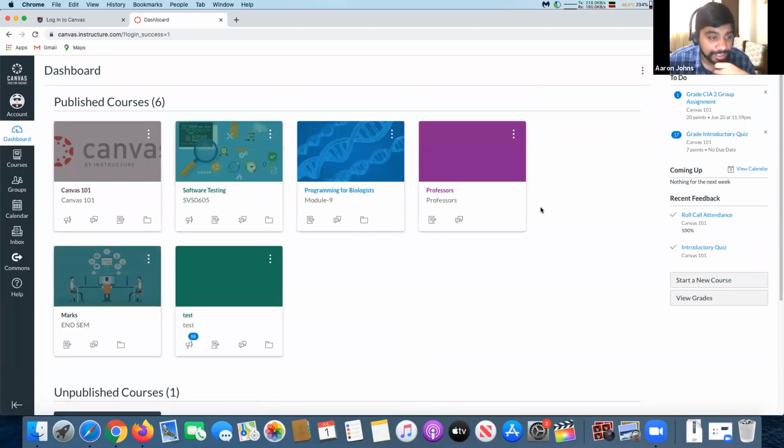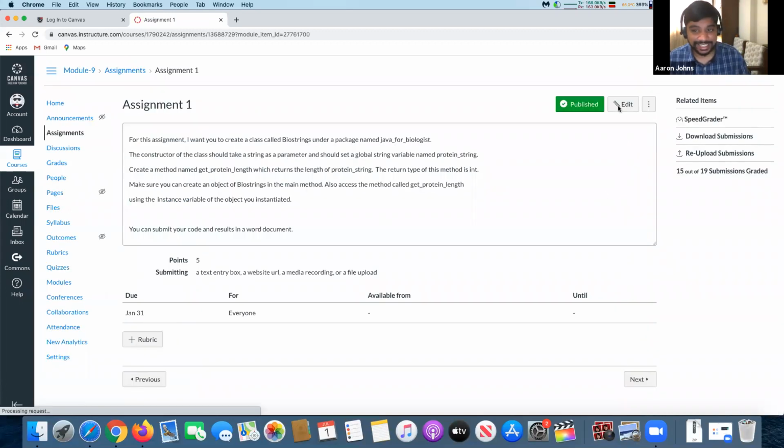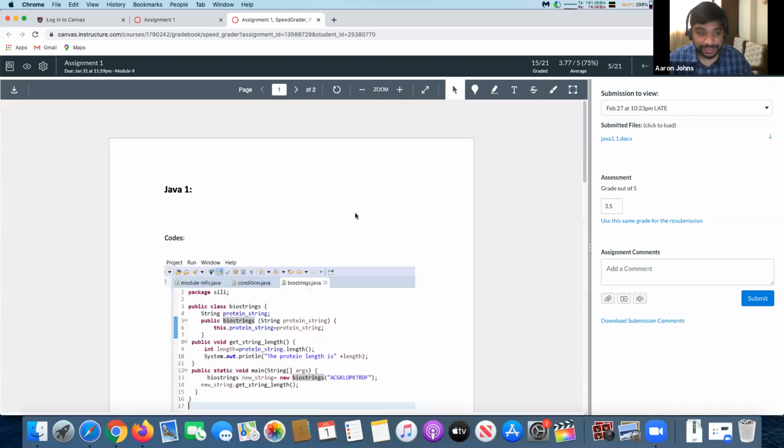Now I'll show you a live example. I've graded some students from time to time, so I've given them assignments over here. Let's say this is an assignment and I want to grade them. One minute, I'll move this chat box out. Can everyone see the assignment screen? Is it visible to everyone? I hope it's visible. So you have a button called Speed Grader on the right hand side. When you click that, assignments can be viewed over here. Can you see?